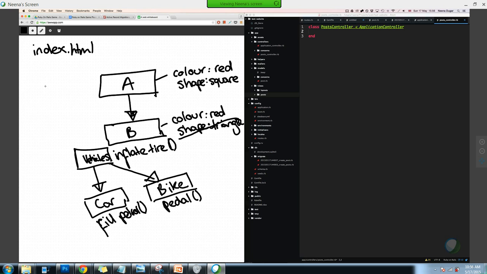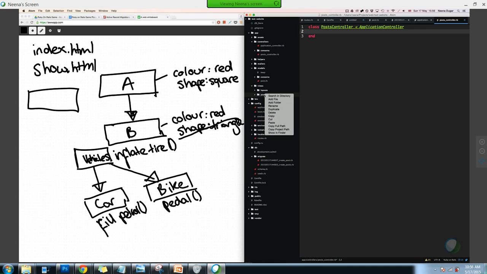should be like your homepage, I guess. And the other normal one that will probably be important to us is show.html. So this is the idea that you have a collection of posts. An index will list all of the posts, but show will be a page for each individual post. So if I go ahead and make an index.html,